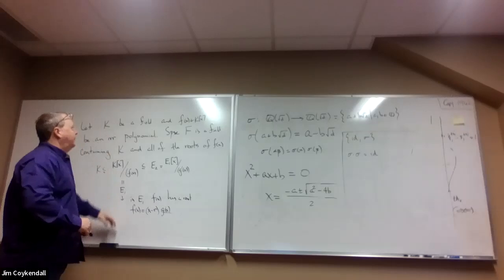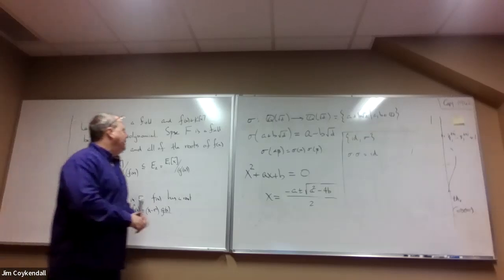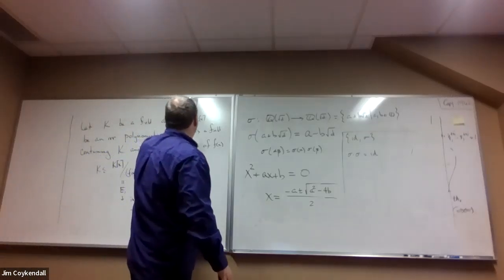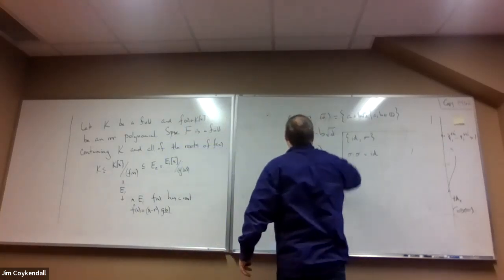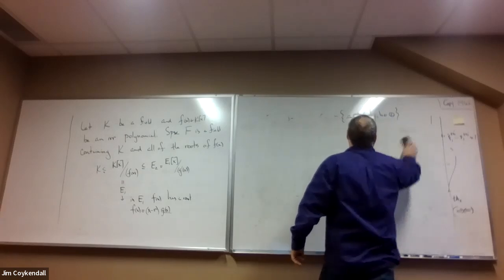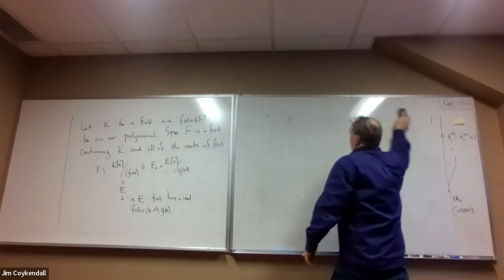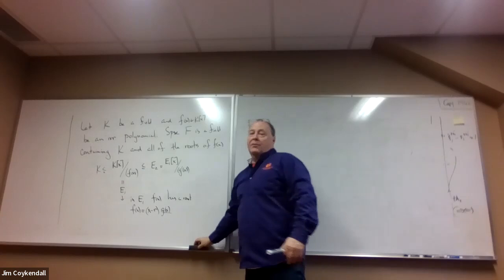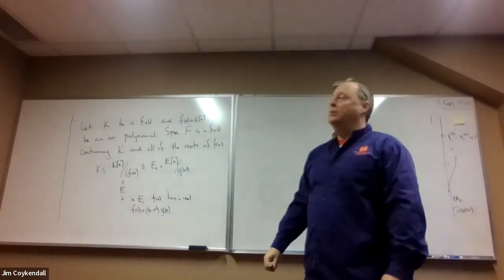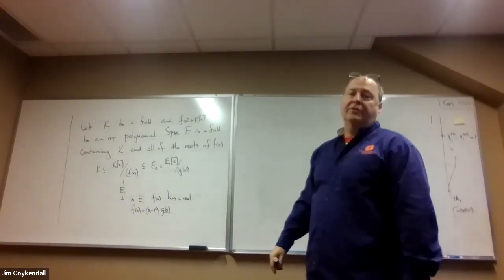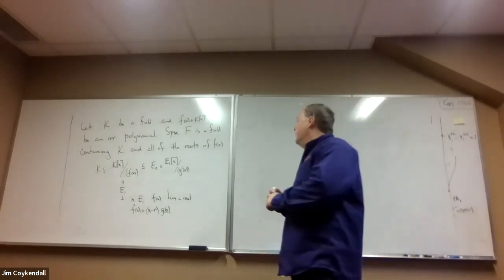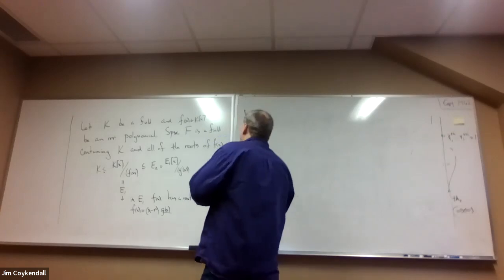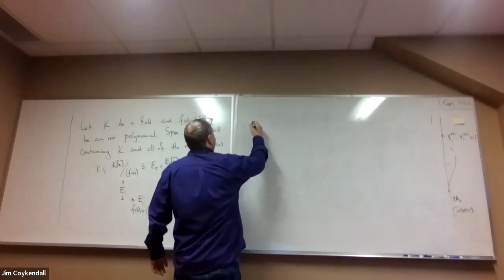Suppose you have a field K and a polynomial that's irreducible. Suppose you have an extension field that contains K and all the roots. And of course, if you're in characteristic 0 and your base field is K, you know there is such a field from experience as well, because you can just pick the complex numbers. But let me point out that